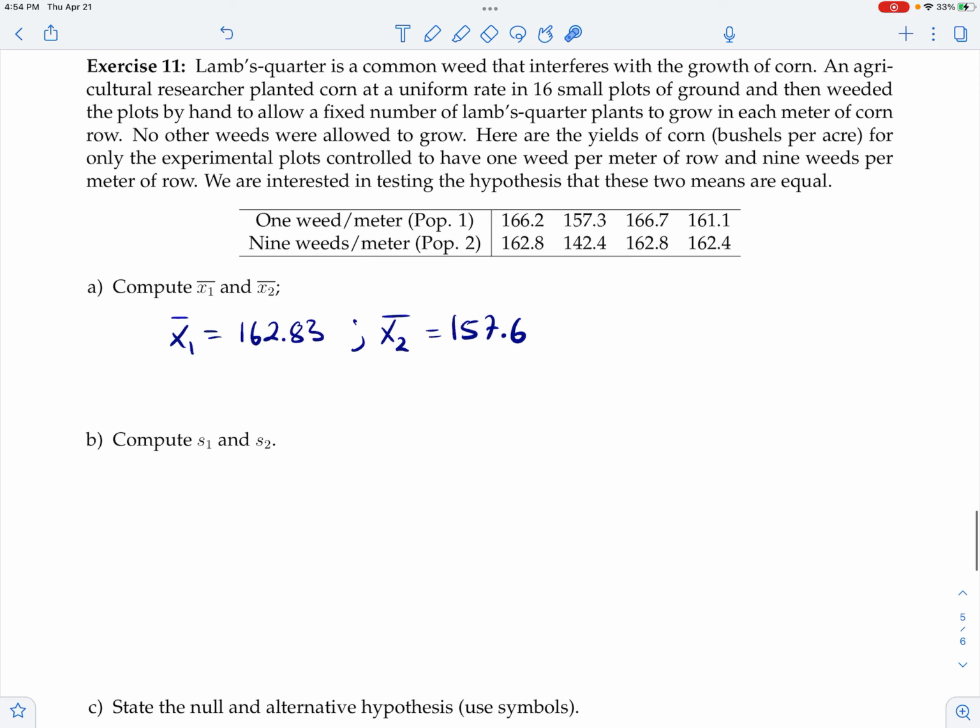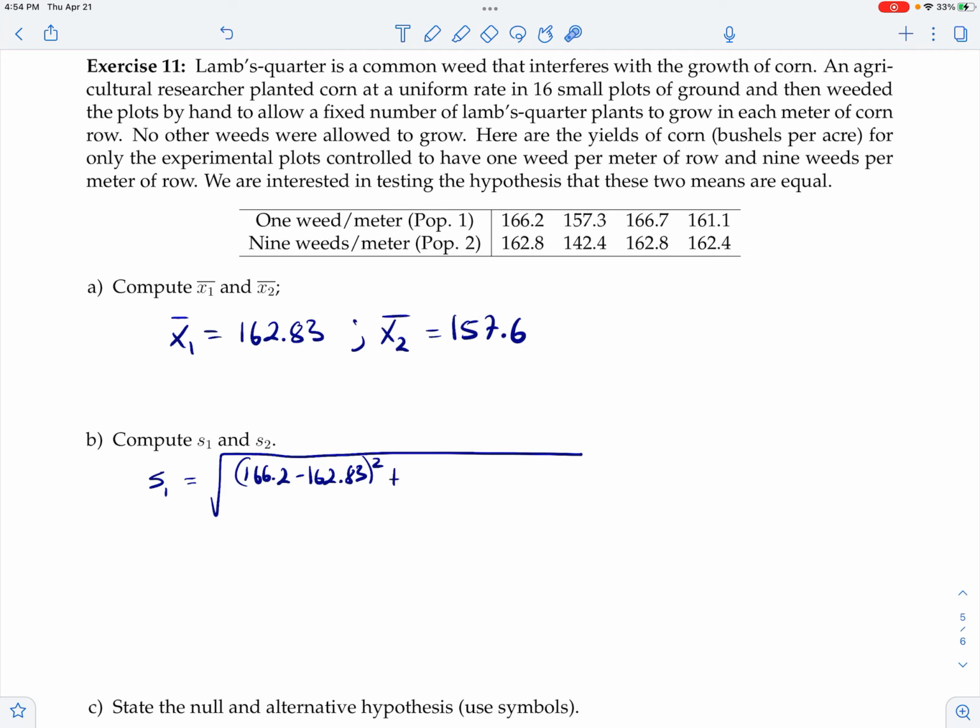I did ask you to compute the sample standard deviation. You've got the formula for that in your handout. Let me write out the formula for one of them, and then I'll tell you the answer on both of them. So it's just the square root, and let's do it for S1. So you're taking each data point minus the mean, and you're squaring that. So I'm taking 166.2 minus 162.83. I square that, and then I keep going along,